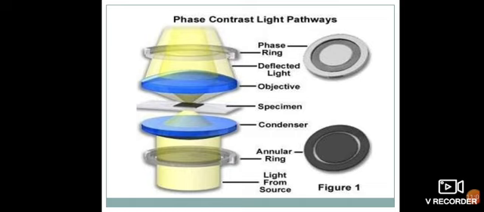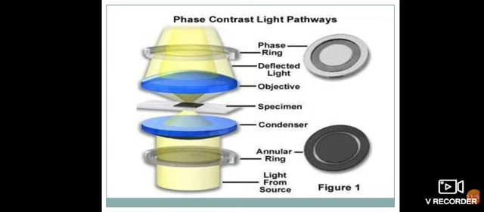Again, in this diagram we can easily observe the annular ring at the bottom, where the light source comes from. First it comes in contact with your annular ring. The annular ring only distributes light from the outer ring, so the inner part of the light will not be exposed to the next condenser area. We know that with the condenser we adjust the light, so by the condenser the light gets concentrated. Concentrated light goes and bombards the specimen.